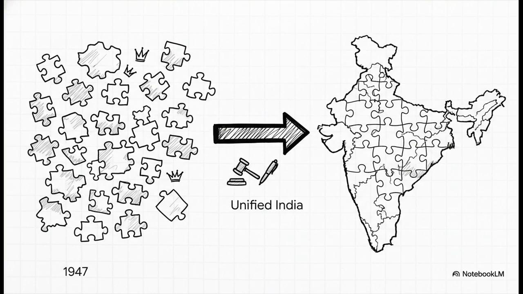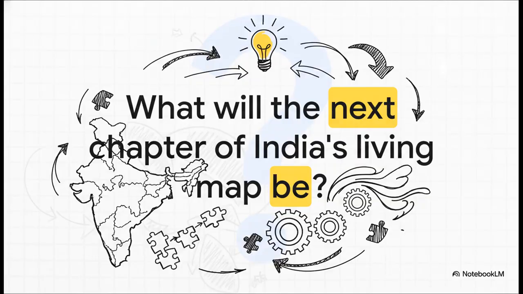To go from that chaotic, fragmented collection of provinces and princely states in 1947, and to see how it's been constitutionally sculpted, piece by piece, into the unified political entity we see today, it's quite a journey. Ultimately, the story of India's map is a story of finding unity through flexibility. It proves that a nation can be indestructible precisely because its internal parts aren't set in stone. And that leaves us with one final, fascinating thought to ponder. Since this map is clearly a masterpiece